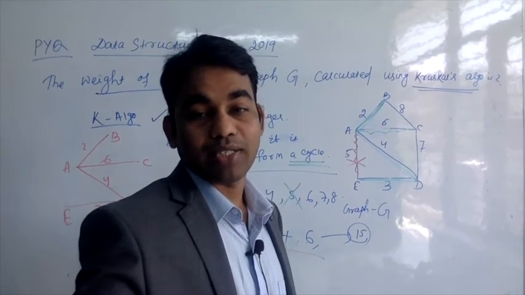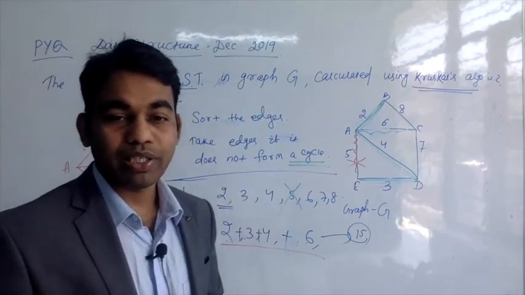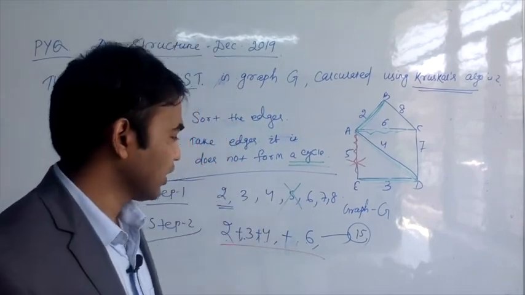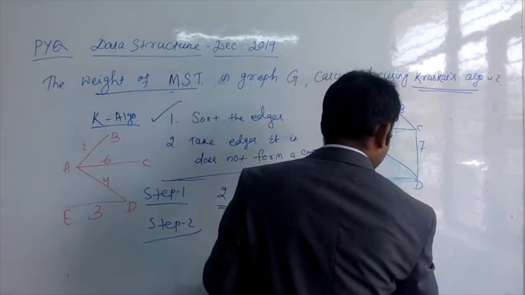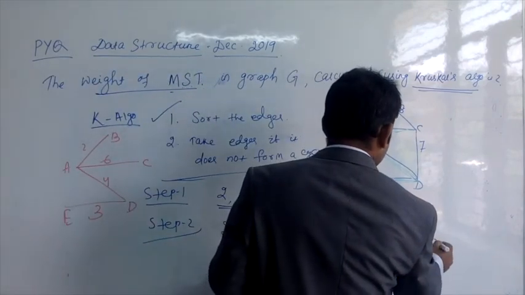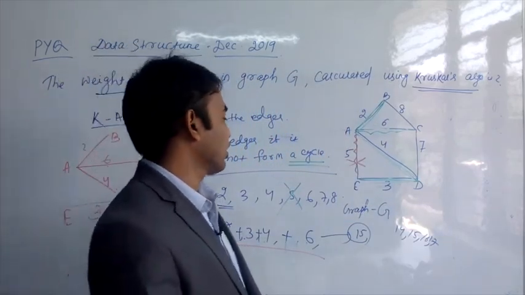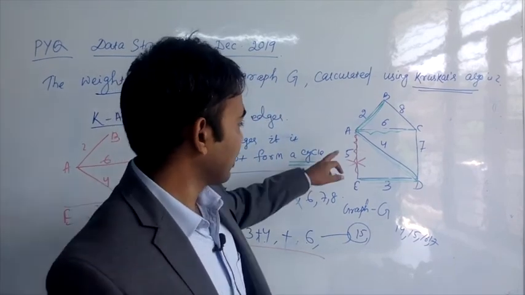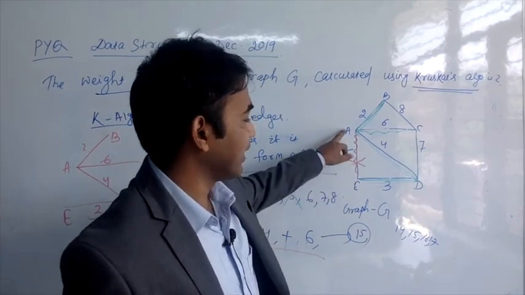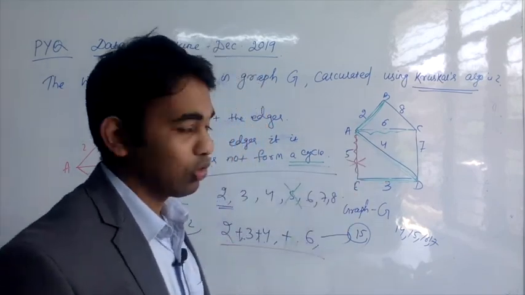So that is as simple as that. There were options in this particular question, but I have not given them because I wanted you to directly calculate. The options are 14, 15, 16 and 17. Remember that some people generally do one thing wrong, by taking this AE. If you take AE, then you will get the wrong answer.